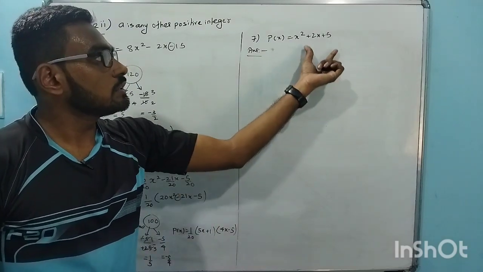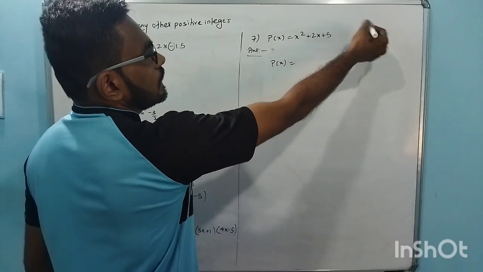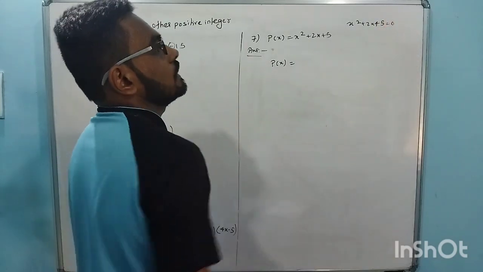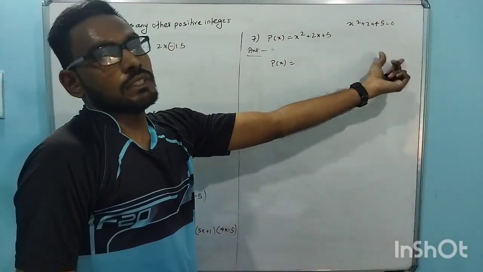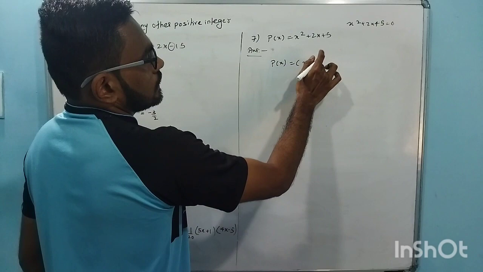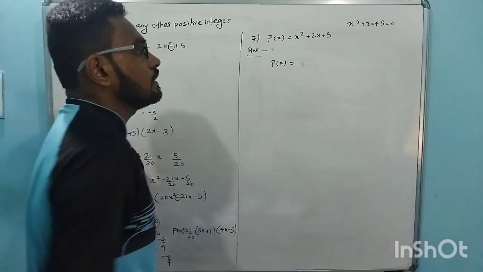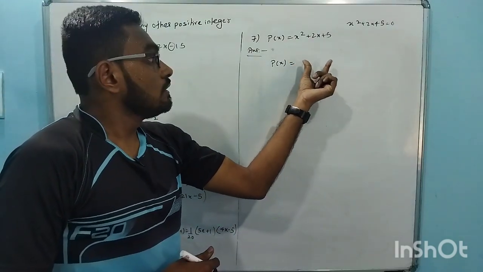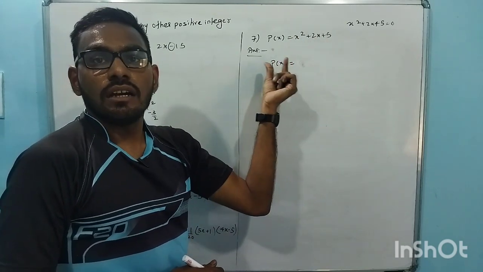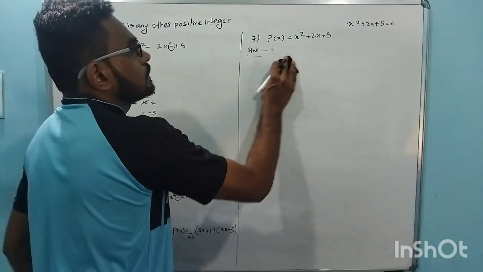Okay, so the roots of this, or the factors, means if we say equation then we say roots. If we write like this, x square plus 2x plus 5 is equal to 0, we know in 10th standard we did. Okay, so we say the roots of this equation, or the constant terms of the factors, if we write like this. Those are not rational now, they may be irrational or maybe complex, that's why we are not getting that. Okay, that's why this problem we can't solve using that method.